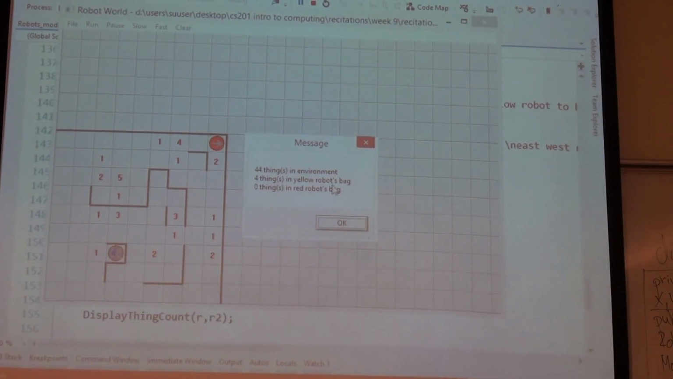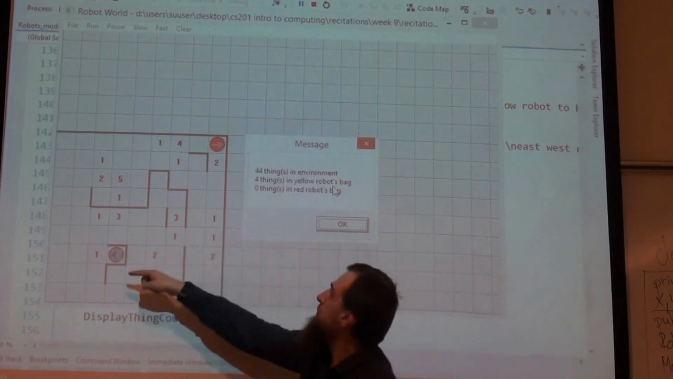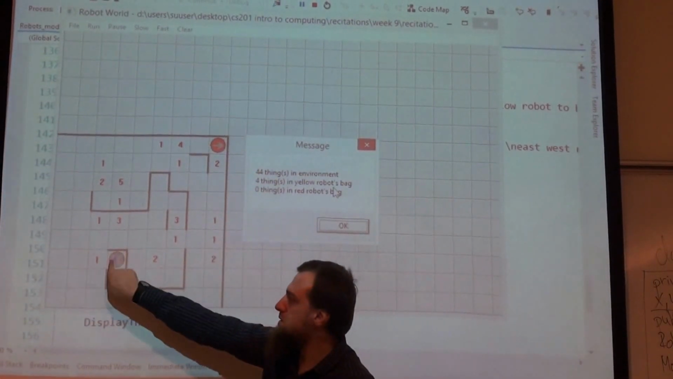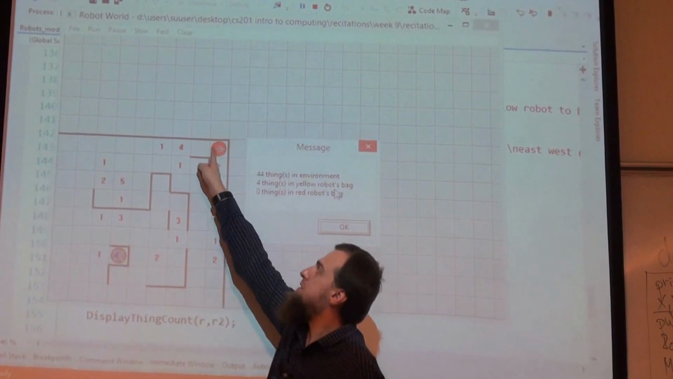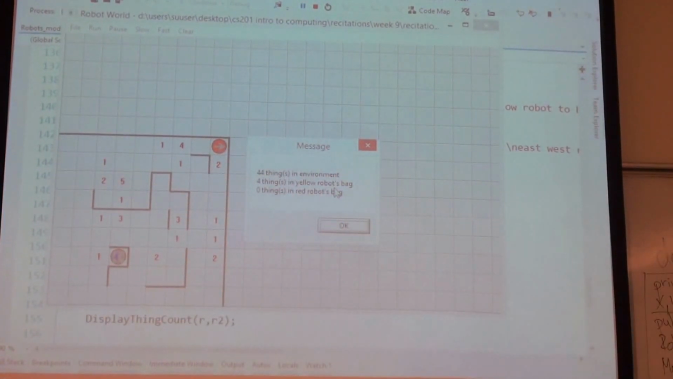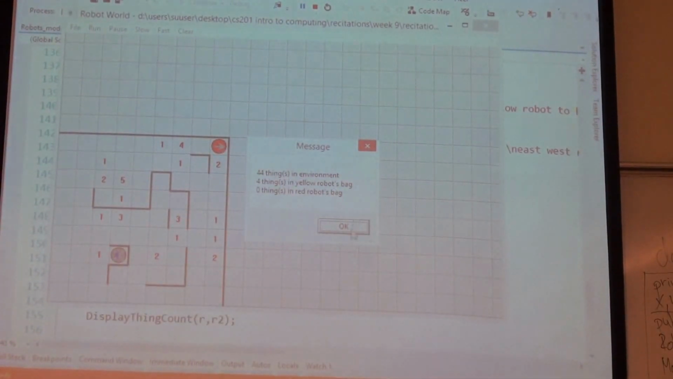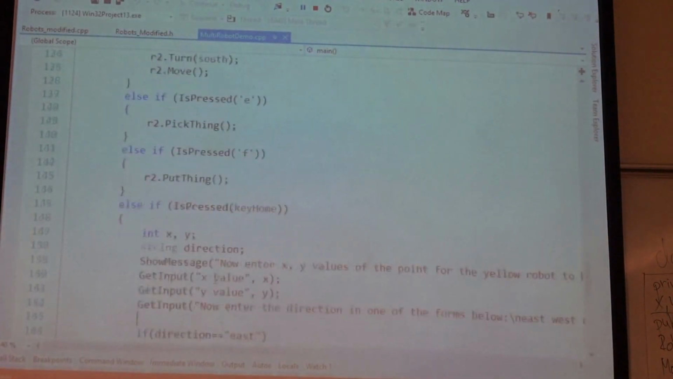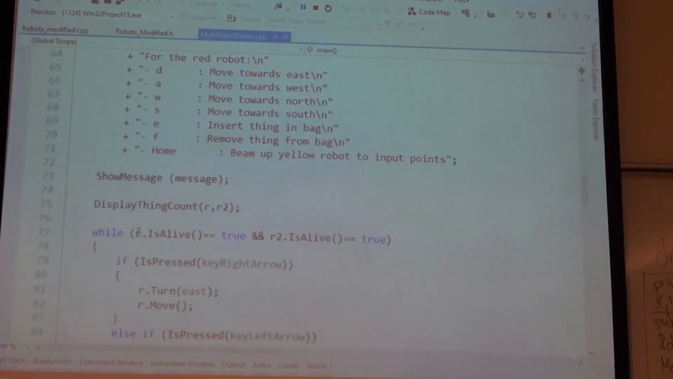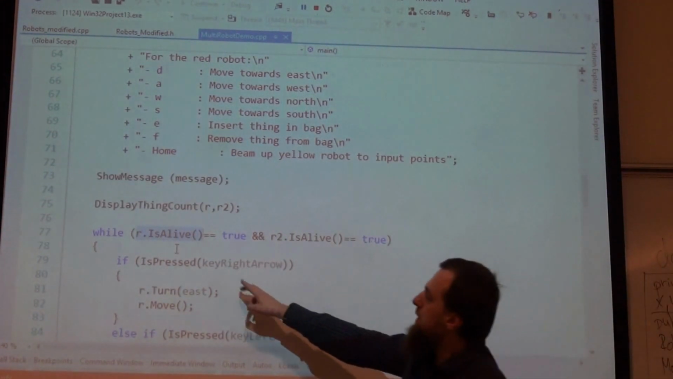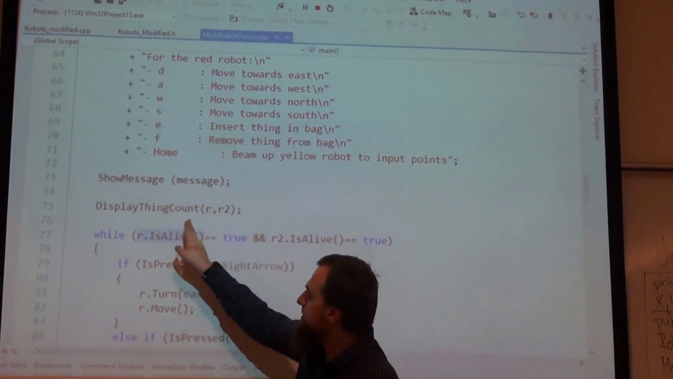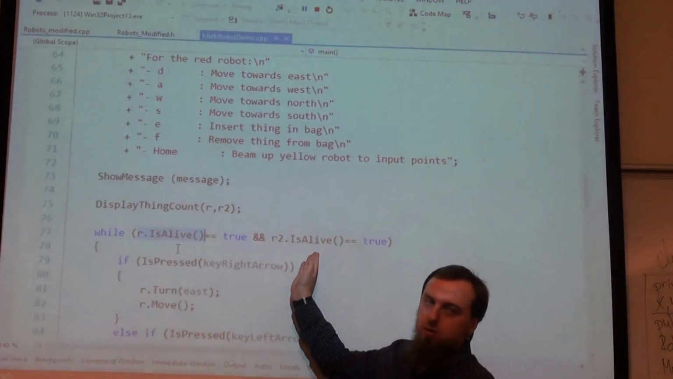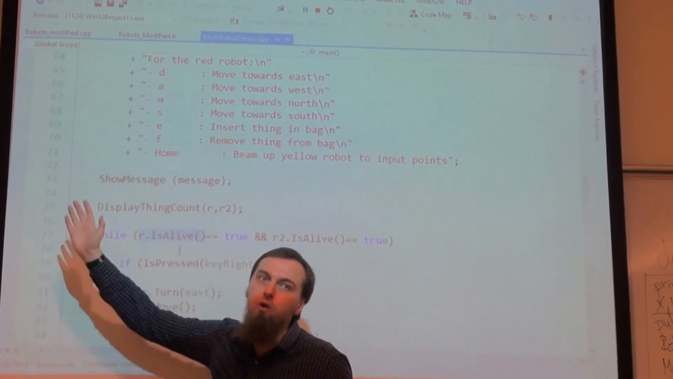And when the program finishes, I print that in the environment I have 44 things. 4 things has this yellow robot, and 0 things has this guy here. I'm calling the function that displays the thing count. You remember it. So, end of execution. When I crashed it to the wall, the yellow robot IsAlive will be false. This member function is going to return false. And I'm asking whether false is equal to true. This statement is false, and even if the other one is true, this is all going to be false. So I go out from the while loop,